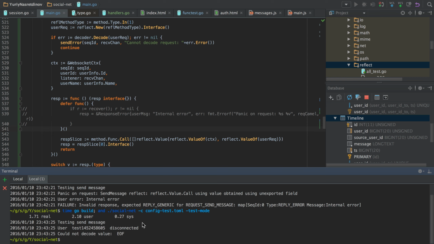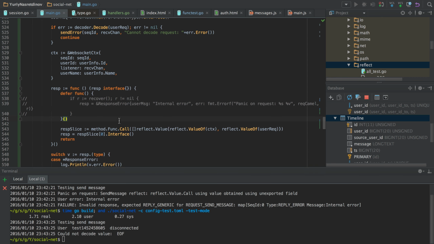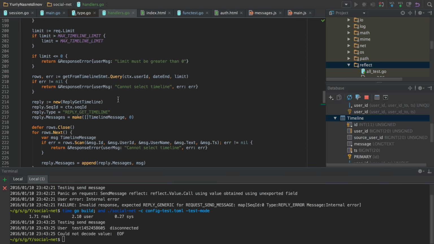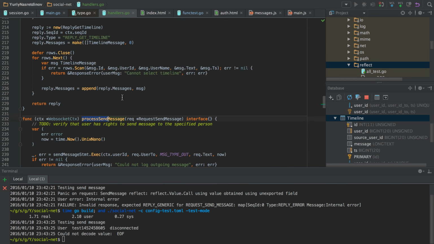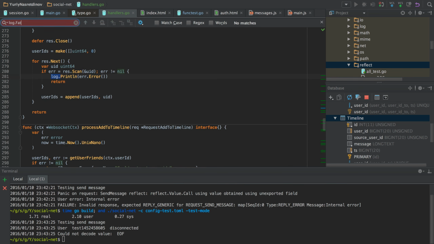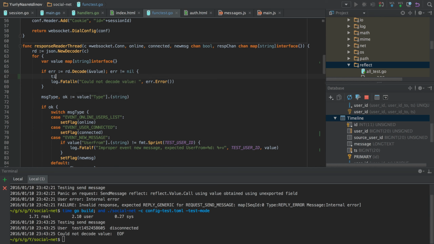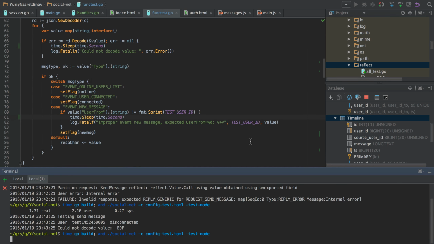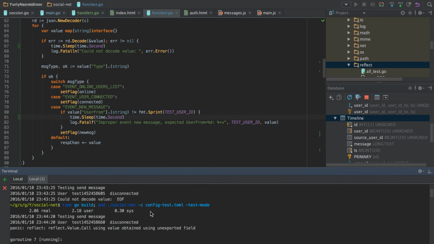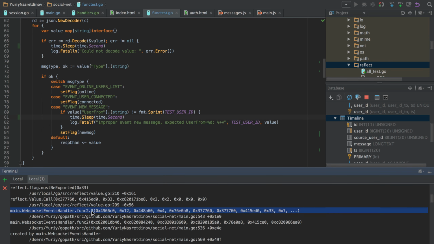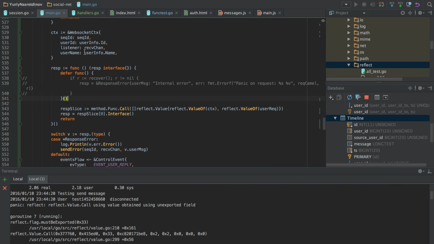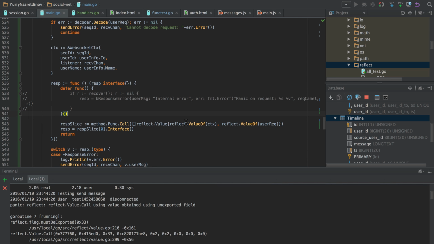Reflection is always very tricky, so if you didn't understand too much, then it is okay. So I remove the panic handling method to get the stack and information about threads, and I add sleeps so that the test doesn't exit.